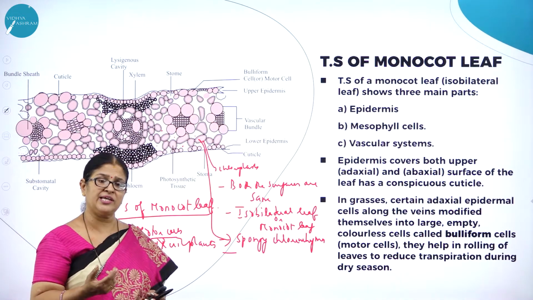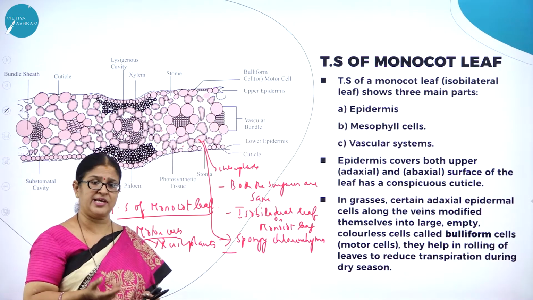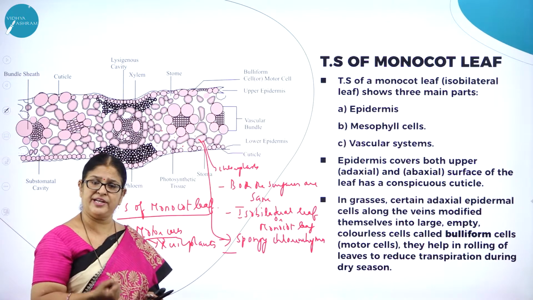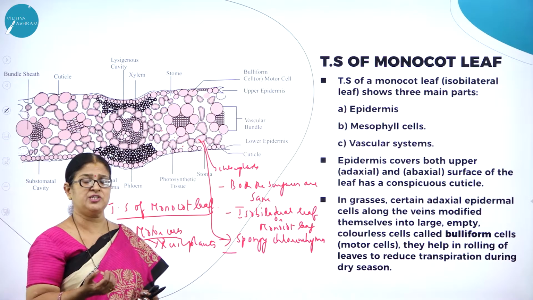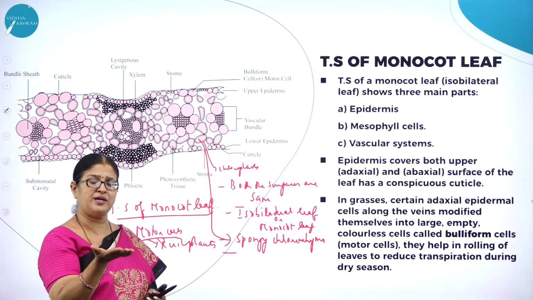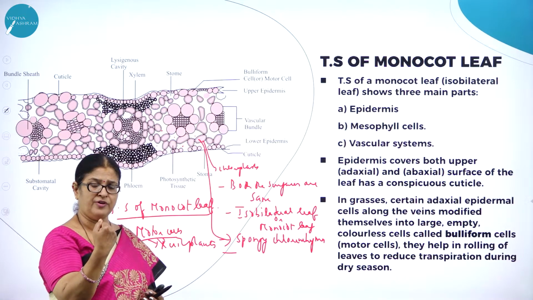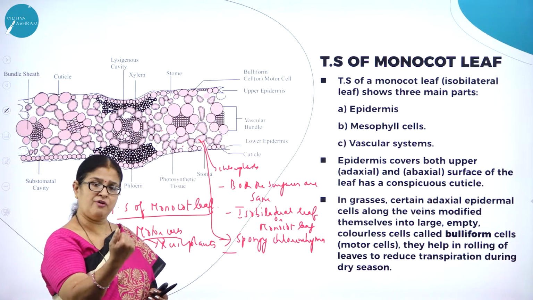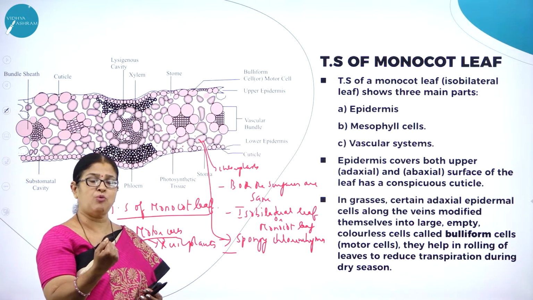And imagine in xeric plants, first of all, there is a scarcity of water. So whatever amount of water they have, they would like to retain it. And to avoid transpiration, the whole of the leaf lamina, the expanded part of the leaf, is rolled. So these motor cells will help the monocot leaf to roll like this so that it can avoid